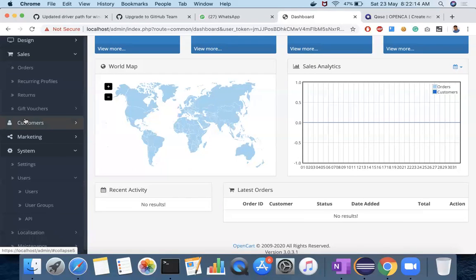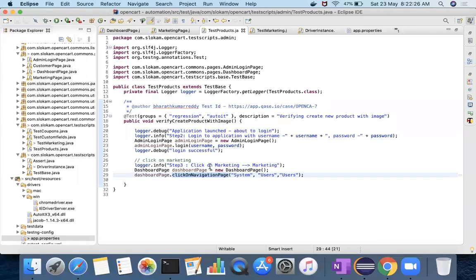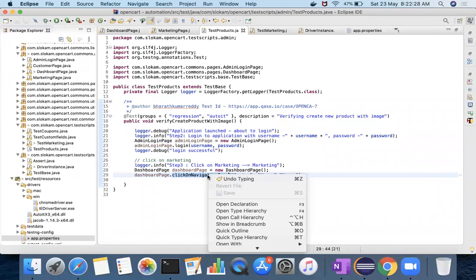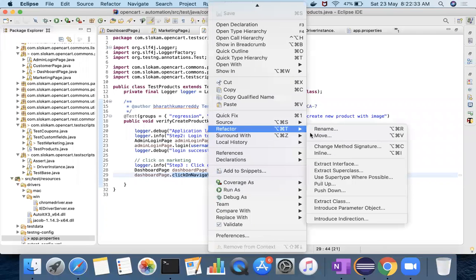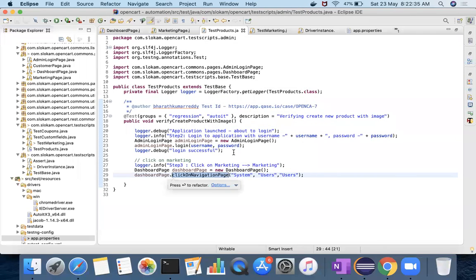So the reason for that is you have just written one reusable method. Click on navigation page or navigation links. I should change it to navigation links, navigation tab link or navigation. Something like that.